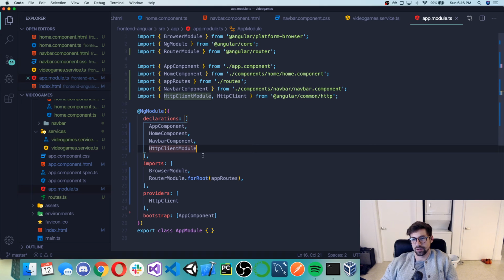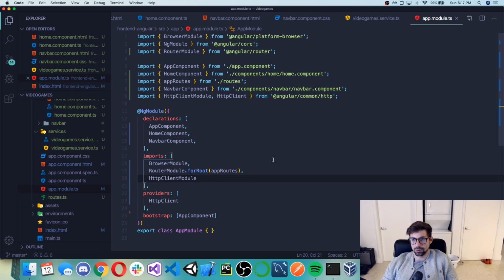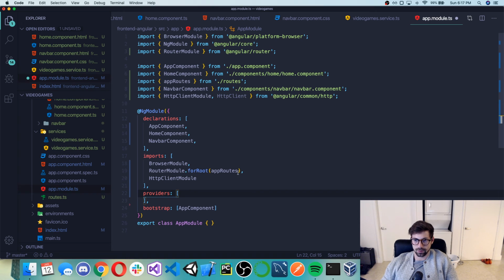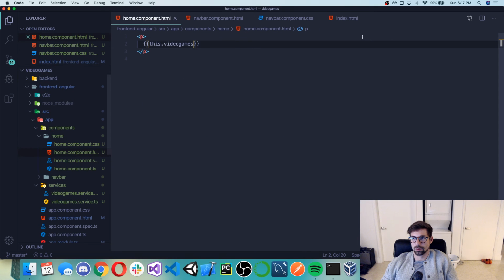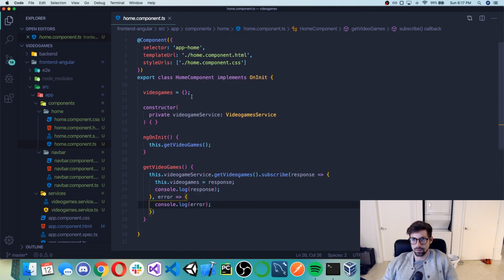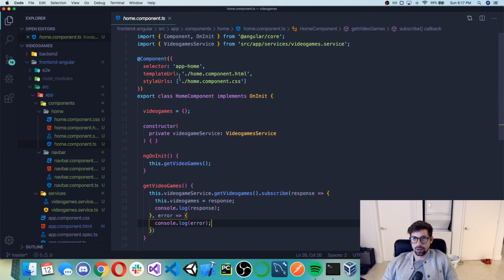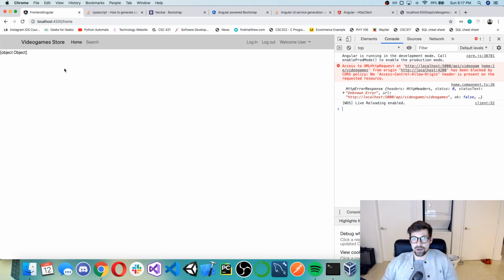Duh, it's in imports, not in declarations. My bad. So if you caught that earlier, don't commit the same mistake. So let's get rid of this, and we don't need this here, because the HTTP client solely will be used in the home component. So let's close this. Let's actually close everything, and let's just open the home component. And yeah, in the app module is where we have the HTTP client module. So now we have the object,